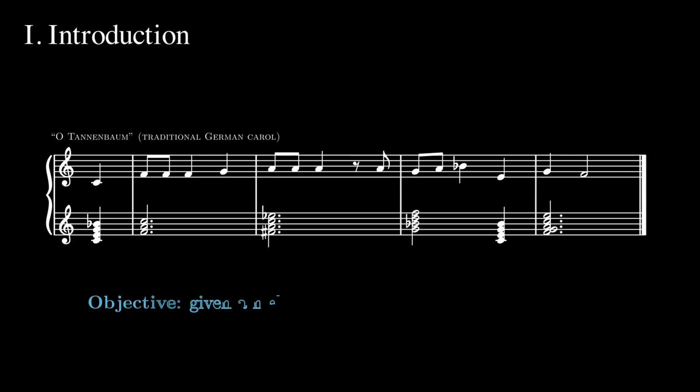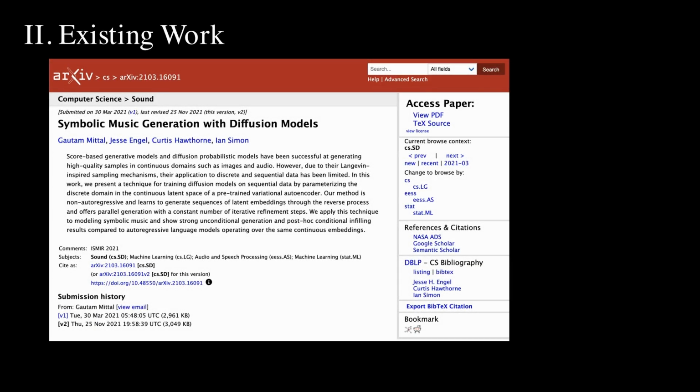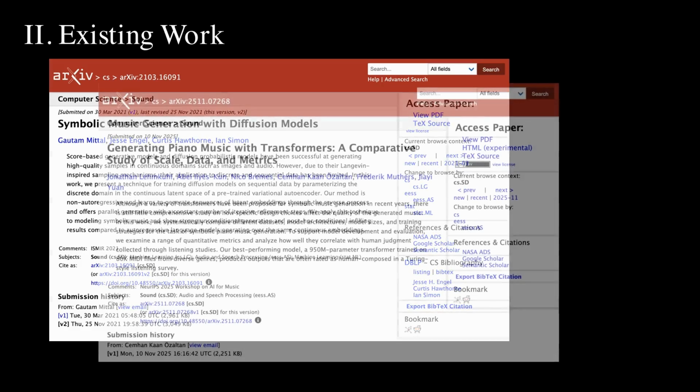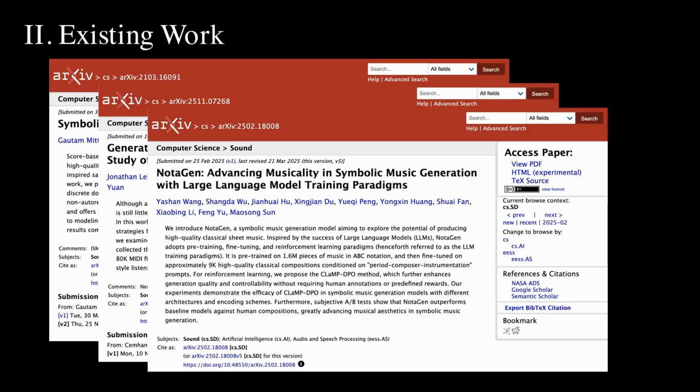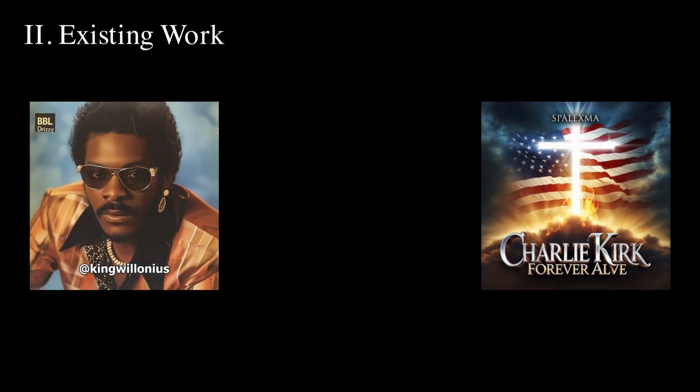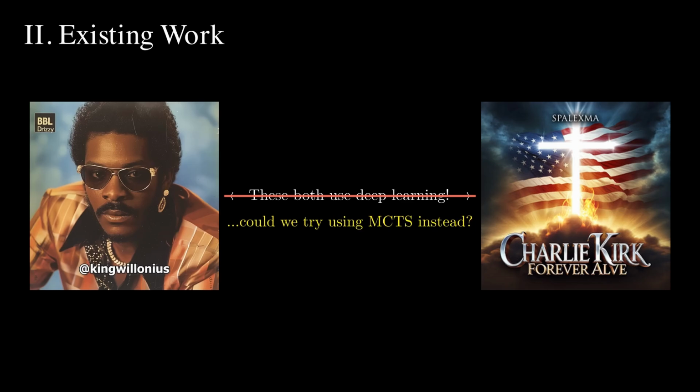For our project, we utilize online planning to generate chords for any given melody. Most existing approaches leverage large deep learning models, such as transformers, to generate music, with prominent startups such as Suno AI taking this approach. A few notable examples of AI-generated songs are BBL Drizzy and We Are Charlie Kirk. In this project, we leveraged a simpler approach, utilizing only Monte Carlo Tree Search, tuned to our own musical preferences, a far more computationally efficient approach than deep learning.